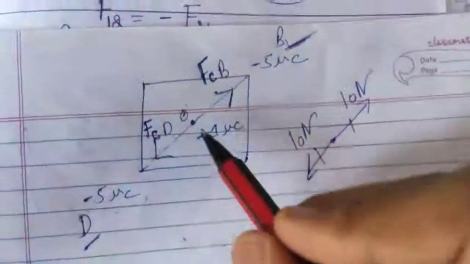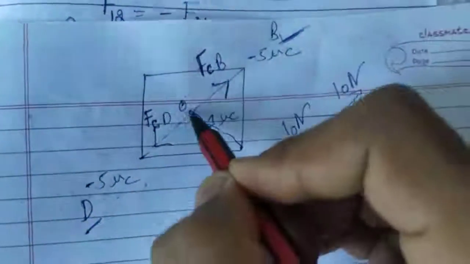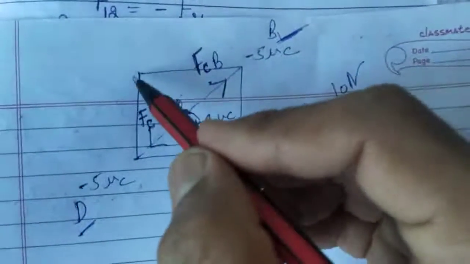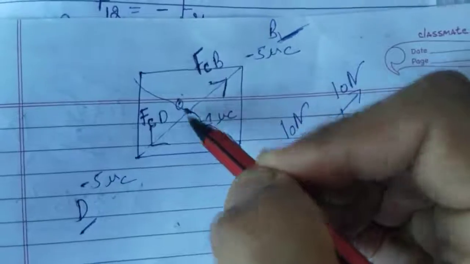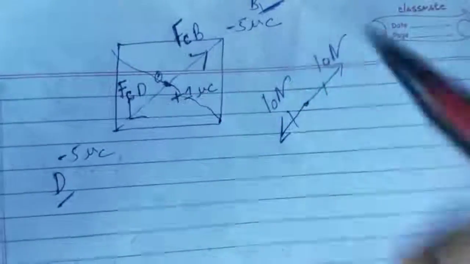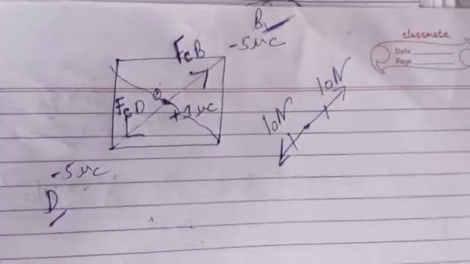And the same concept applies with these charges, you can also elaborate. This charge will pull this charge and this charge will also pull this charge. What is the concept happening? A has some positive charge and C also has some positive charge.